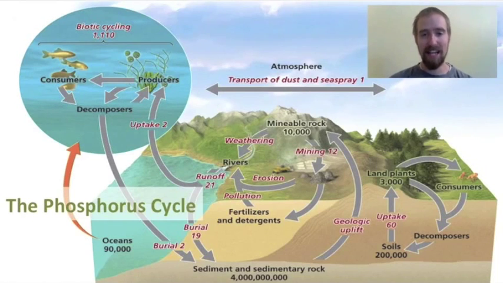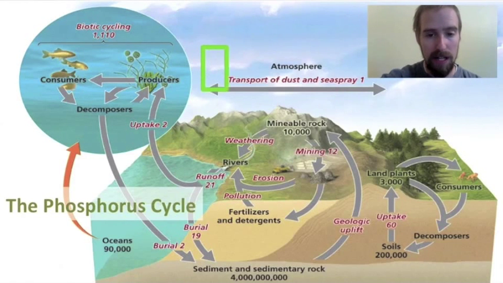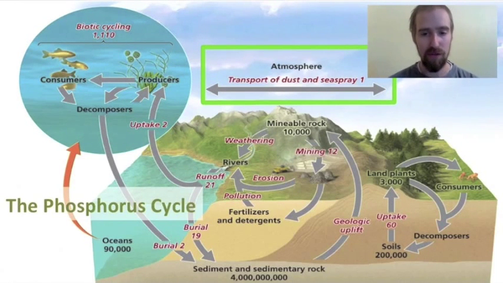And finally, let's take a look at the phosphorus cycle. Now, the phosphorus cycle is distinct from the other cycles that we've talked about so far because there's nothing really going on in the atmosphere during the phosphorus cycle. Phosphorus doesn't really ever exist as a gas, so phosphorus never really gets up into the atmosphere. Phosphorus does, however, exist in rocks. That's the primary place where we find phosphorus on our planet.